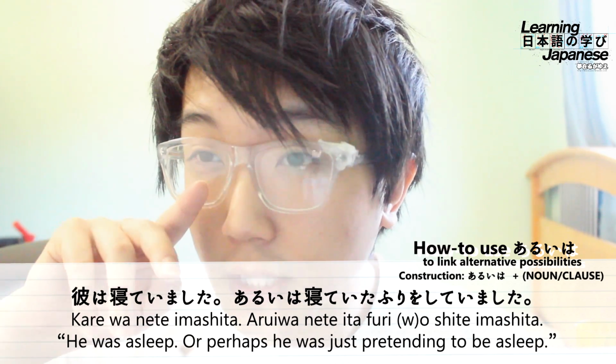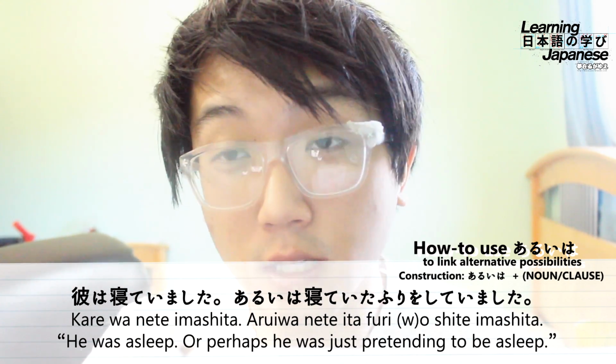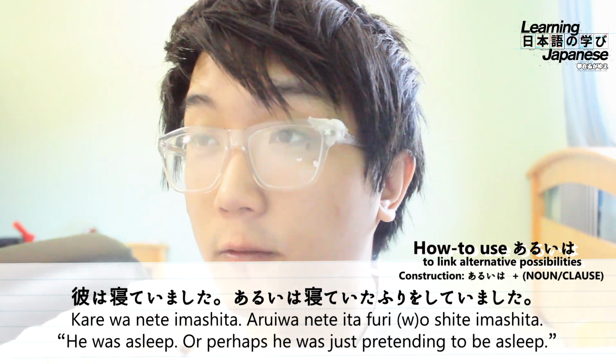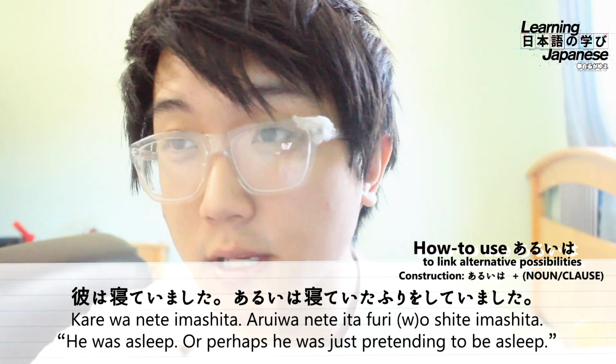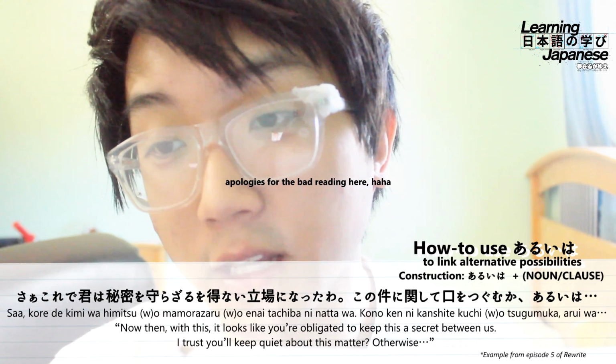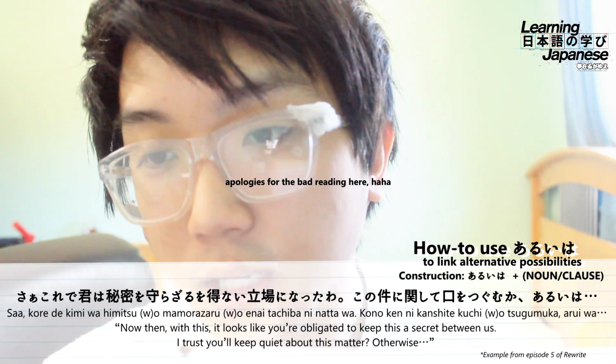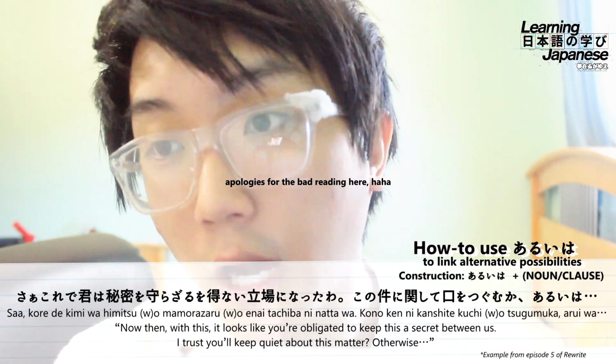For our last example sentence, we are going to take a line from an episode of anime that I watched. This is going to be from the 5th episode of the anime Rewrite. And so for this example sentence, our pretty long line is さあ、これで君は秘密を守らず得ない立場になったわ。この件に関して口をすぐむか、あるいは...